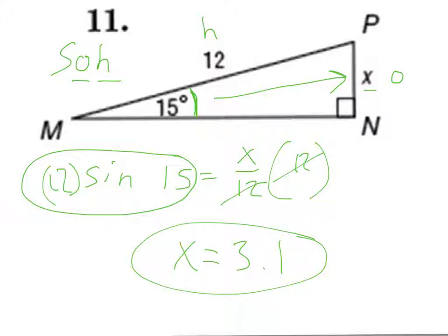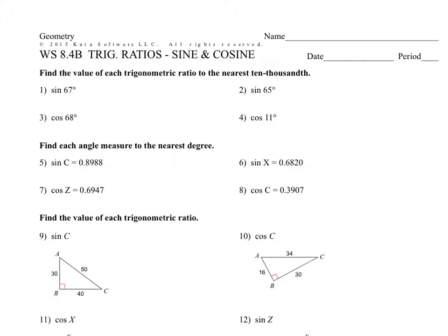Let's take a look at the assignment, similar to our previous day's assignment. Okay, 1 through 4, just a little practice using your calculator to find the ratios. All you're hitting is sine 67, enter, and getting an answer. Now, number 5 through 8, we have a missing angle. This is where we're going to use the second